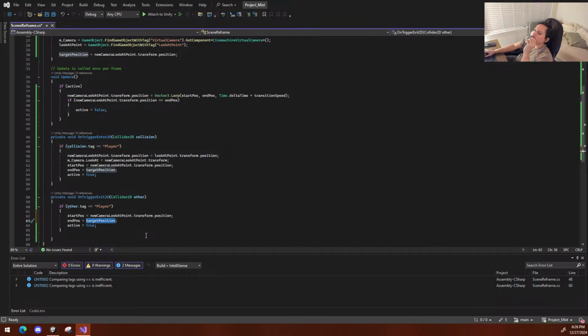So when you enter, your position goes to the look at point, and then the M camera looks at that, the transition's smooth, and then the start position here, in position here, active, and then it starts interpolating, or it starts lerping, and then once the speed is good,